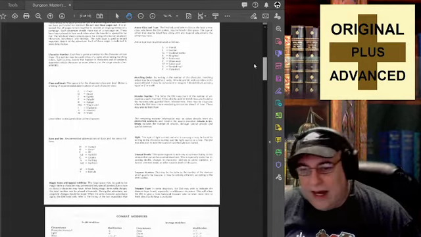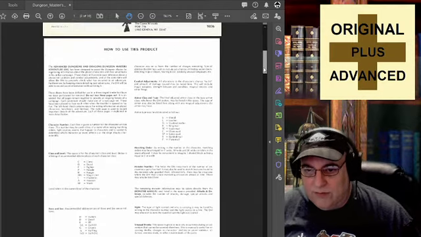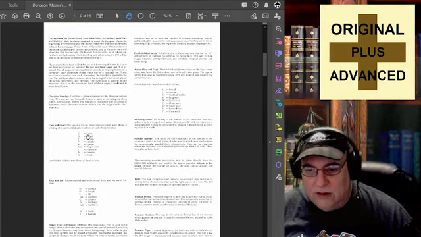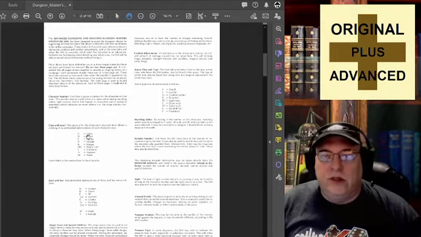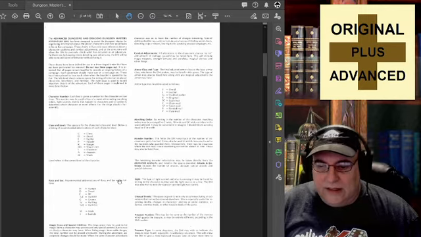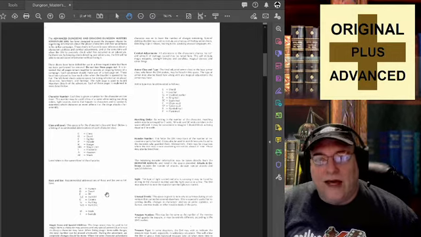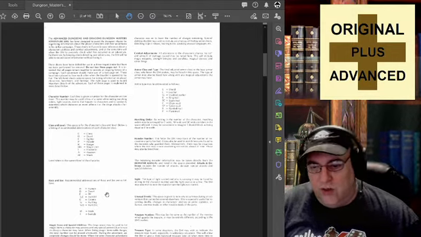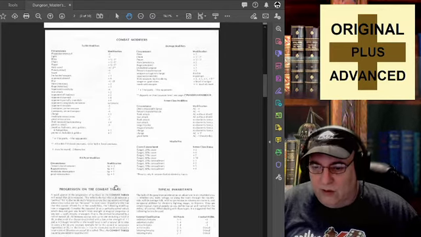What we also had was how to use this product, right, after the cover. And it just details potential abbreviations that you can use to fill out the forms. And they're fairly detailed, and it's pretty good. So if you want to see any of that stuff, watch last week's show that's archived there on YouTube. We'll look at the rest of this today. I want to jump ahead, though,